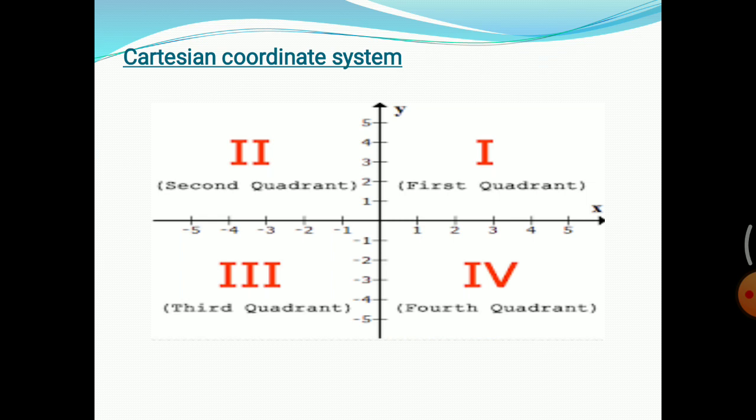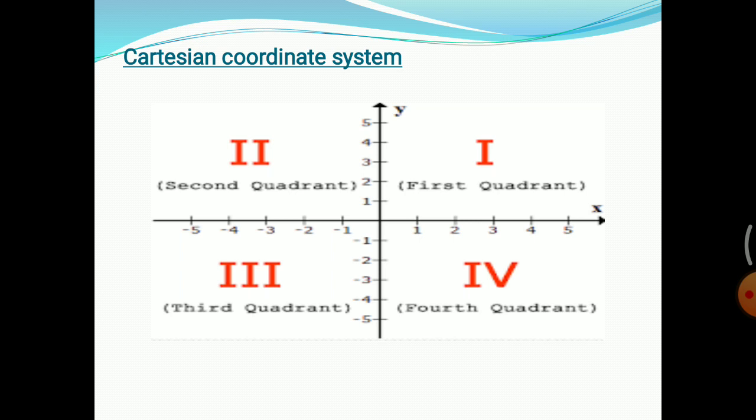and it has four quadrants, 1, 2, 3 and 4, which are numbered in the anti-clockwise direction. Here we are making use of the x, y and z axes, which are mutually perpendicular to each other and meet at a common point. In the first quadrant, the x and y values are positive. In the second quadrant, the y value is positive and the x value is negative. In the third quadrant, the x value is negative and the y value is also negative. And in the fourth quadrant, the x value is positive and the y value is negative.